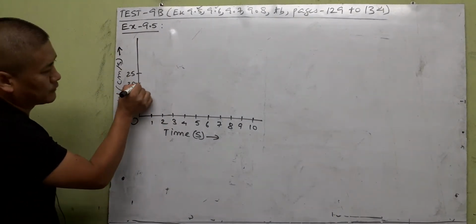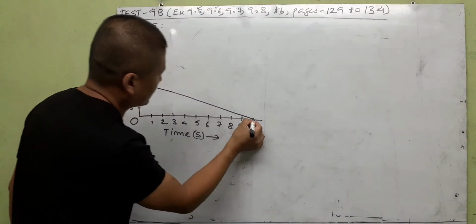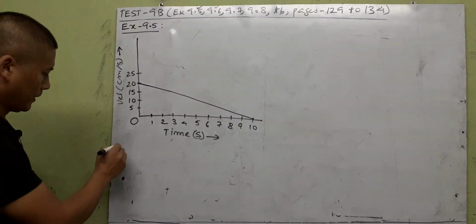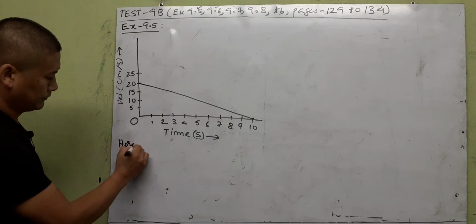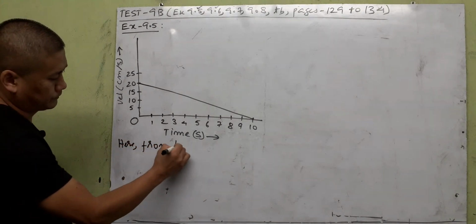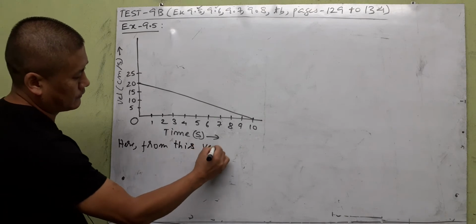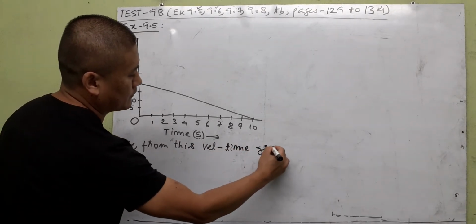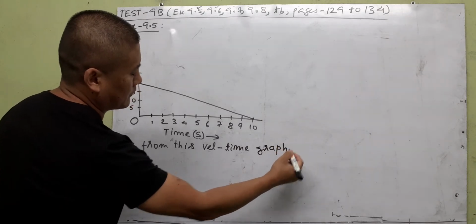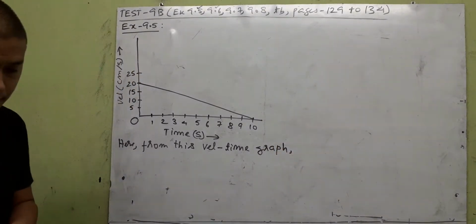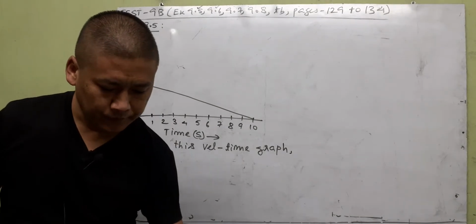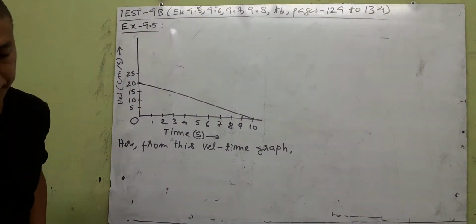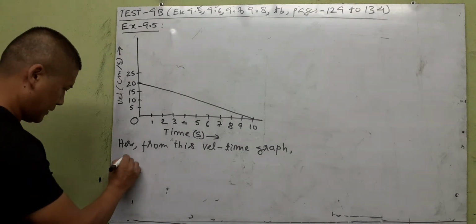And the graph runs from 20 and the object stops moving after 10 seconds as a straight line. So here, from this velocity versus time graph, we can take out some information here. So clearly, if you look at the ball, the velocity time graph of ball mass 20 grams, so m equal